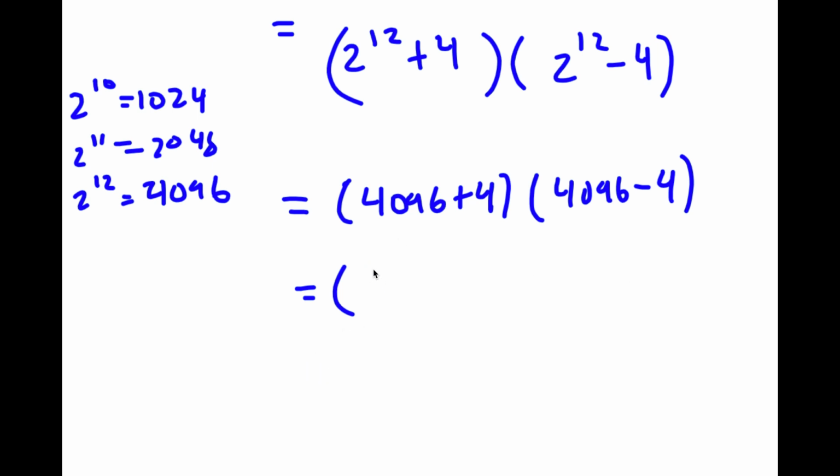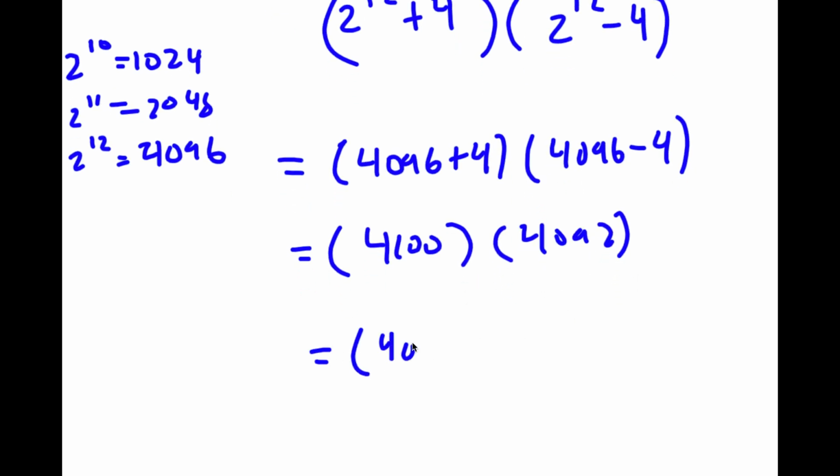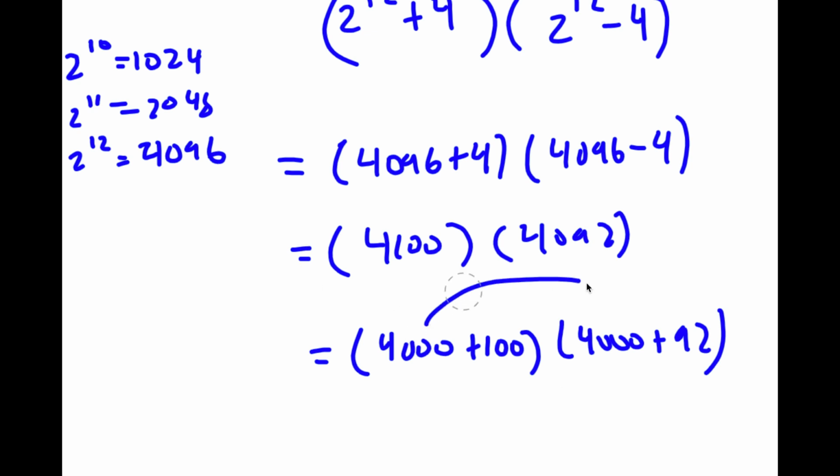This is the same thing as 4100 times 4092, which is the same thing as 4000 plus 100 times 4000 plus 92. So now to solve this, I'm simply going to just distribute. So I have 4,000 here. If I distribute,